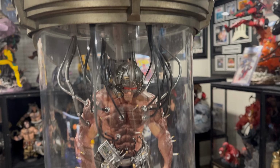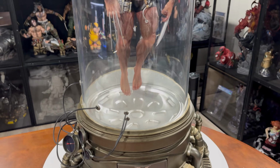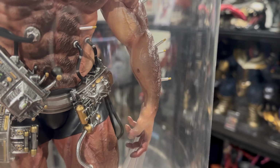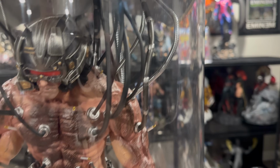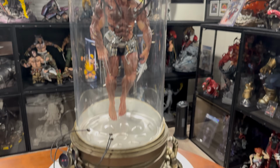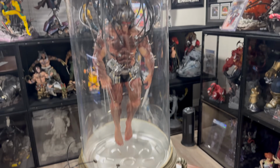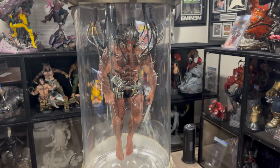Yeah, so like this is the money for me. It's like, yeah, this was a little disappointing on the sculpt. I mean, it wasn't bad. It's just average. You can see all the injection sites here, and there's the hole I was talking about. The piping looks great, very clean on the paint, and again, so clean on the paint on the belt. So really cool overall. And you can't see it as much, there's some smudges on the glass of areas I didn't even touch. Just came like that from the factory, so got to constantly keep it clean, kind of a pain in the ass, but